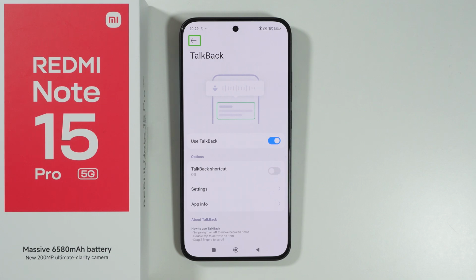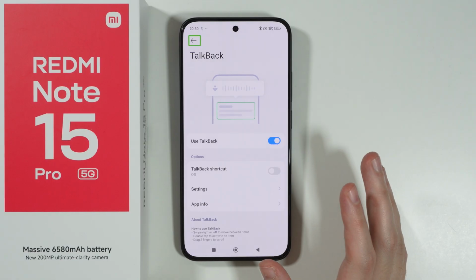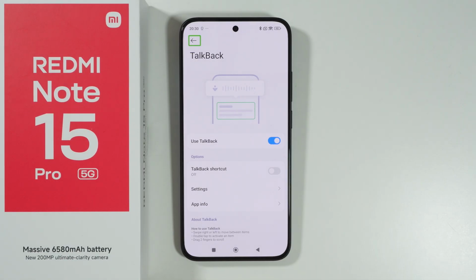To deactivate TalkBack on Redmi Note 15 Pro or 15 Pro Plus, first we need to learn how to navigate on the phone when TalkBack is enabled, so that we can go through different menus and find TalkBack. So what you need to know about the navigation with TalkBack is that any option that you can see on